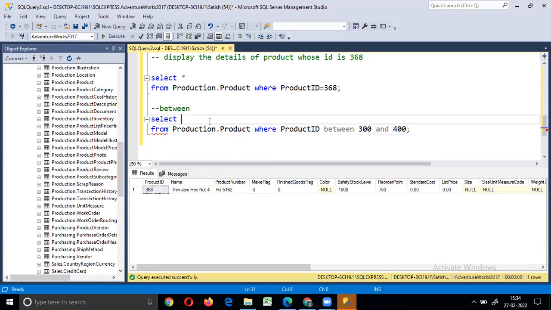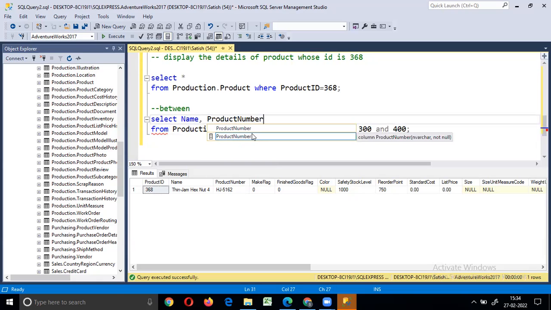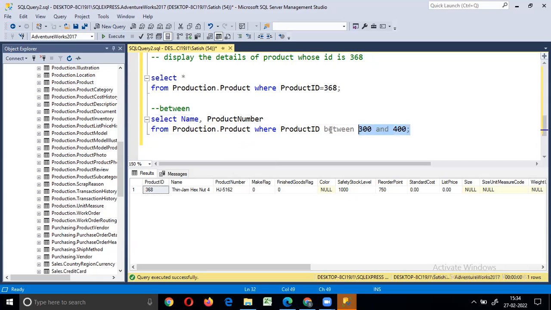I would like to display only the name and product number.